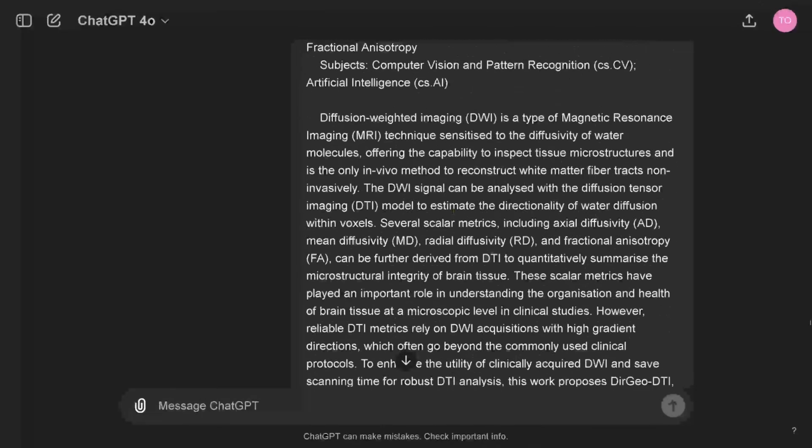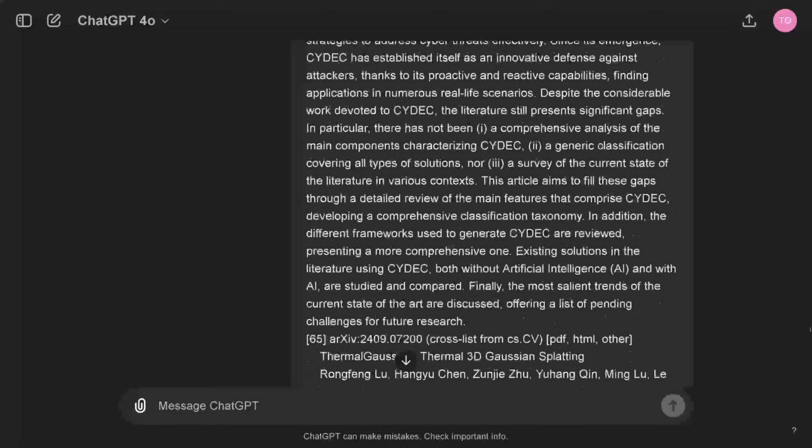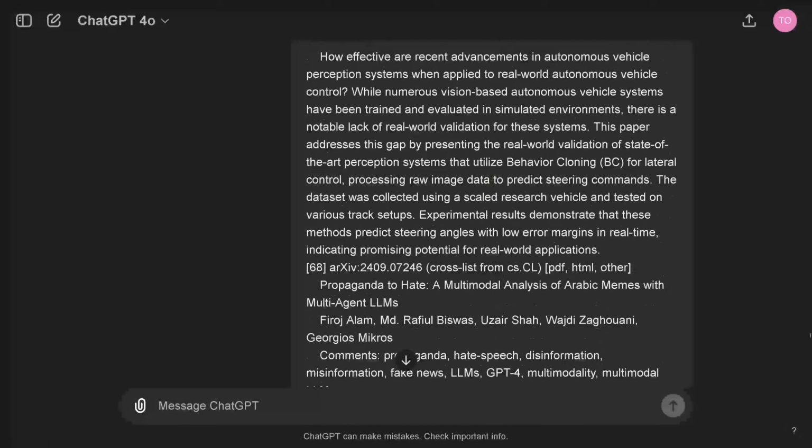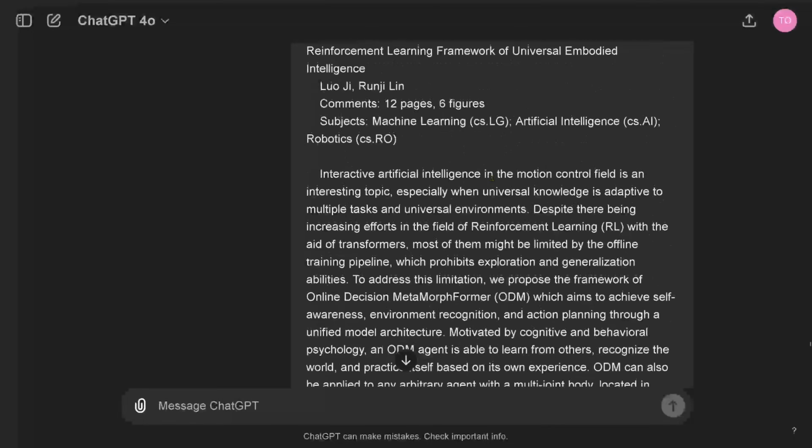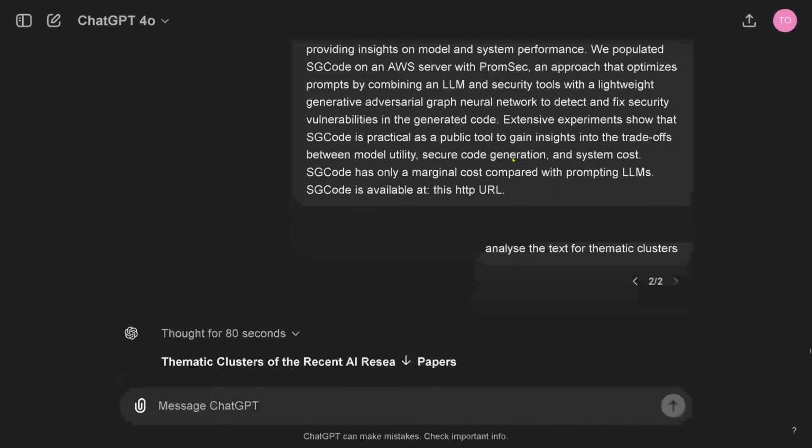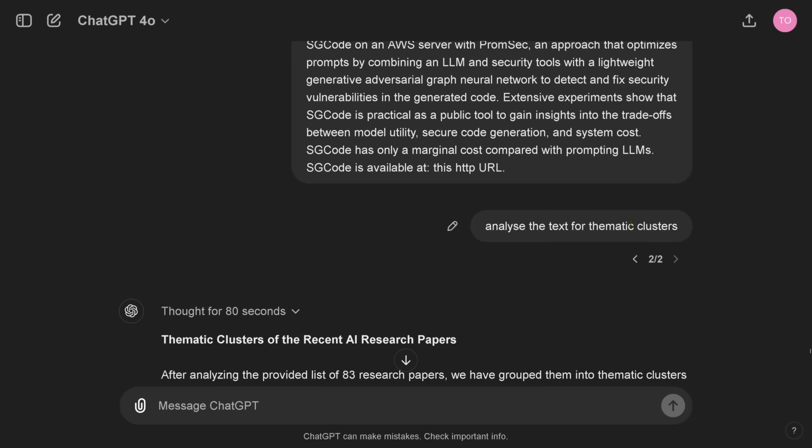We do this in real time so that you can see everything, every step that I thought, how I argued, what happened, how long I had to wait. And then I said, hey, analyze the text for the thematic clusters. And then it thought only for 80 seconds, so not 2 minutes. So there was some kind of memory or something was learned. And I thought, this is interesting, but I don't know how it works internally. I'm waiting for the paper by OpenAI to explain the internal mechanisms of Omni 1.